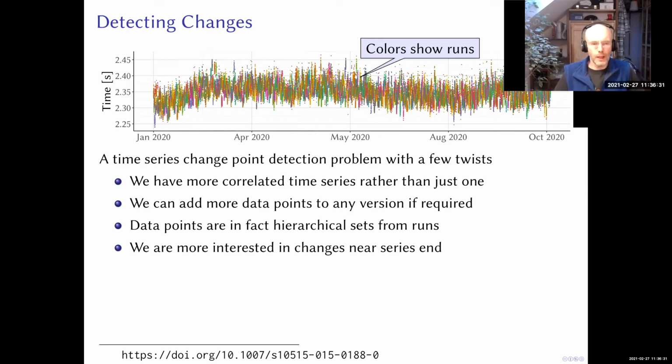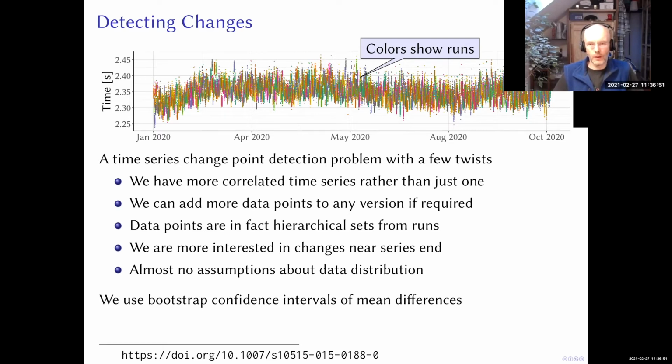whole time series. And we cannot make more strong assumptions about the data distribution because the performance of the benchmarks is mostly just a weird mix of everything. So in the end, we don't really do a whole time series change point detection. We do a subset of it where we use certain bootstrap confidence intervals of mean differences to decide. There's a link in case you're interested in the formulas, but I would want to talk more about the results